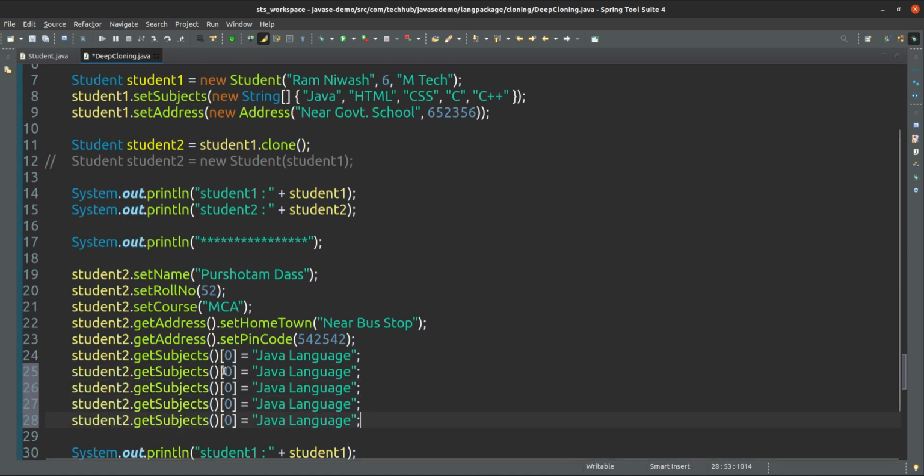Okay, this is 0 position, this is 1 position, this is the second position, third position and fourth position: 0, 1, 2, 3, 4.